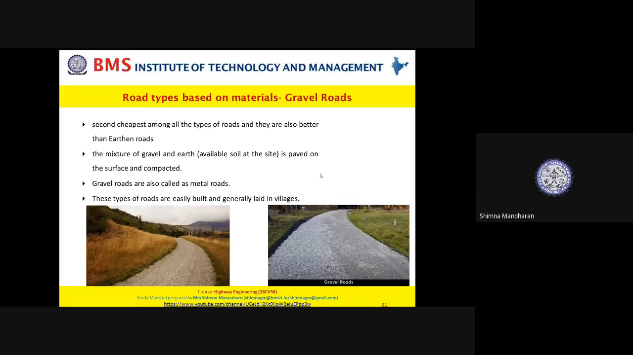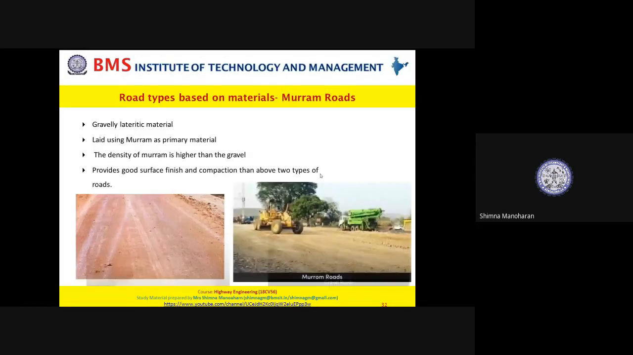So this is also not a heavy traffic road, but again a low traffic road, but it has a better performance compared to earthen road. So next you have Muram road. Muram is nothing but a lateritic material. It's a gravelly lateritic material,